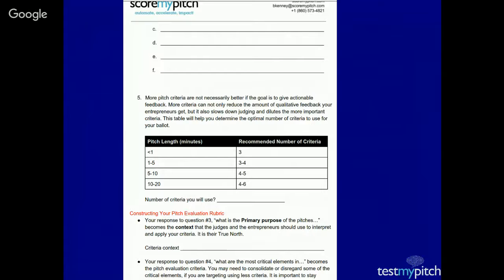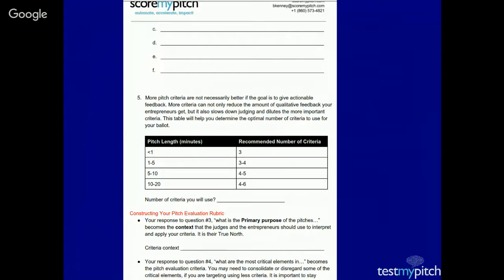The reason we put a range on the number of criteria, and certainly there are times when you want to go a little more or less than this guide, is that we found there's a correspondence between the number of criteria and the amount of text comments you will get. The more criteria you have, more often than not, the fewer text comments, because the judges are spending so much time putting in quantitative scores that they don't have much time to put in qualitative comments.